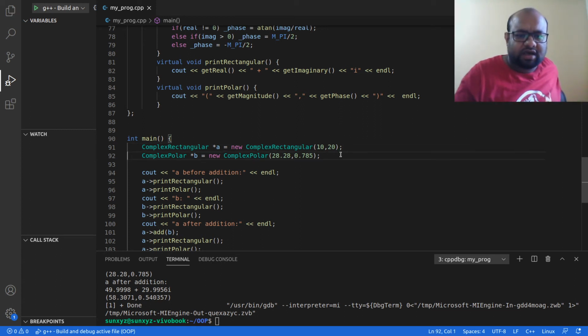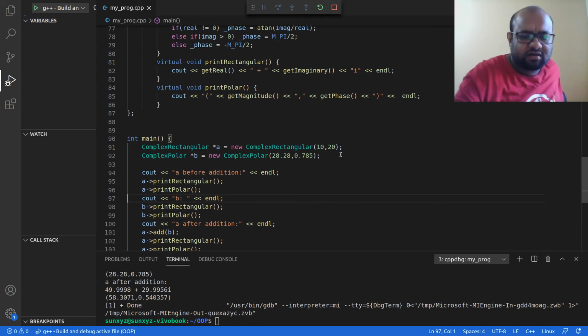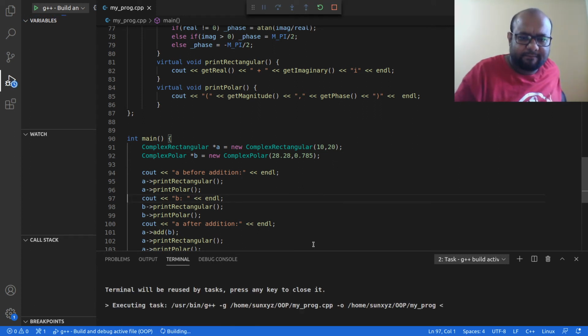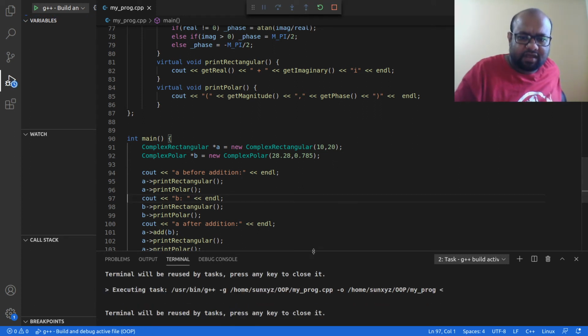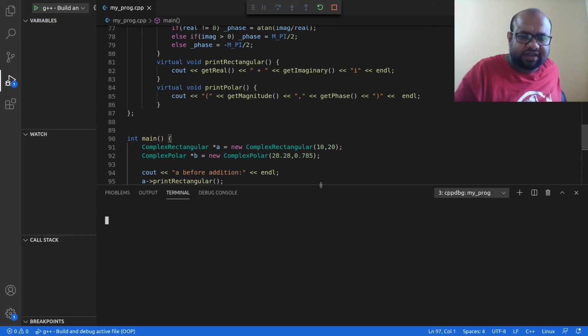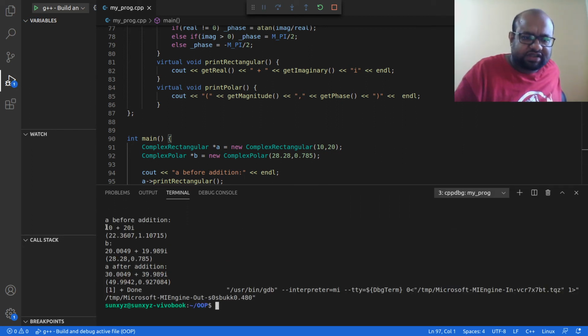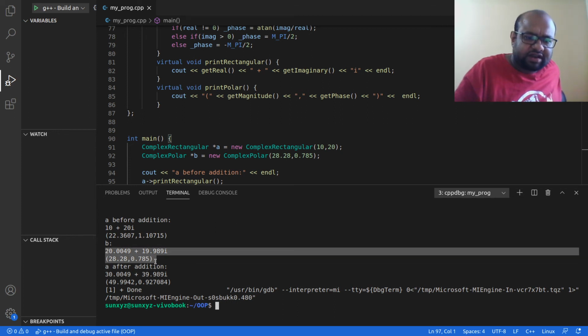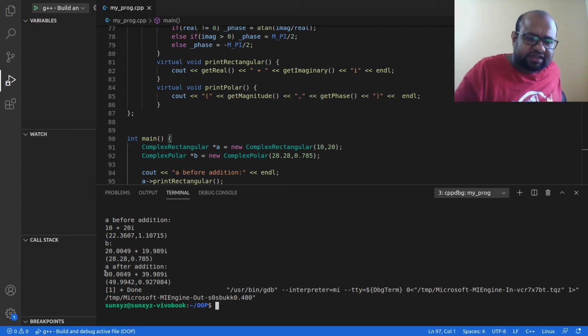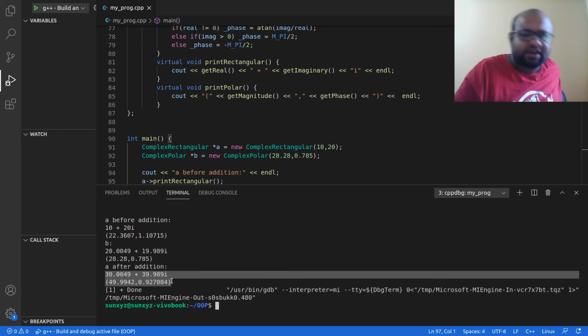Now I am going to add a complex polar to a complex rectangular. So this is A before addition, this is A in rectangular format, this is A in polar format, this is B. I created B in polar representation. Then I added A and B, and this is the sum, this is A after the addition.